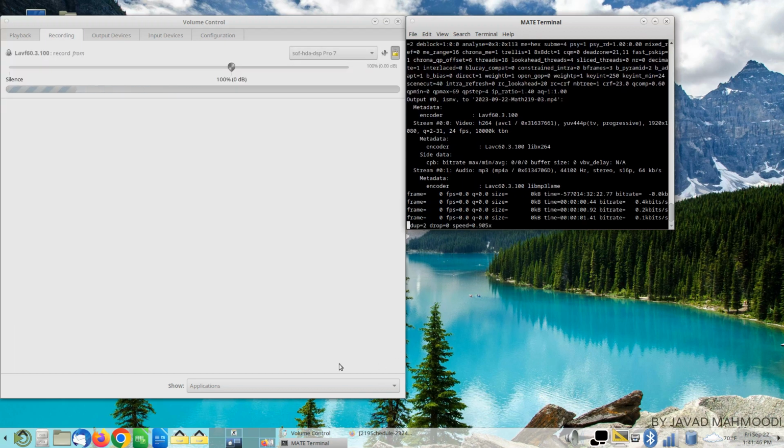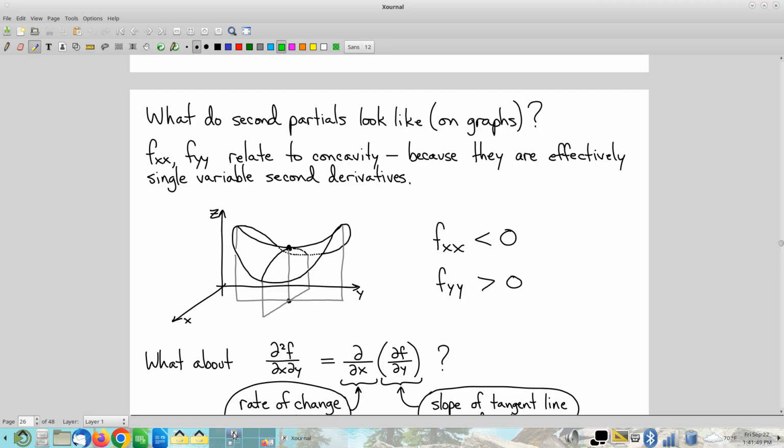Okay, here we go. So last time we were talking about how to visualize partial derivatives, specifically second partials, right? We have an existing geometric interpretation of first partials, and that's about slopes of tangent lines and stuff like that. Second partials are different. Now the good news is the unmixed second partials, like fxx and fyy, where you're taking